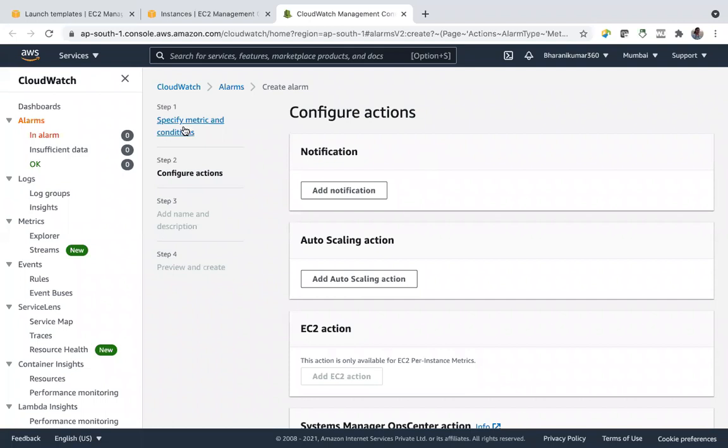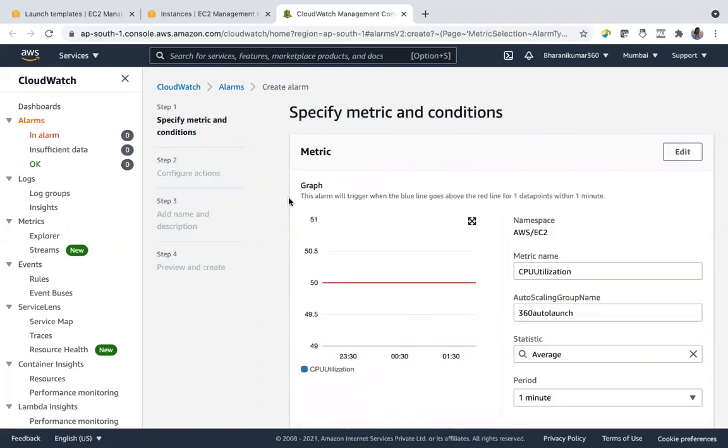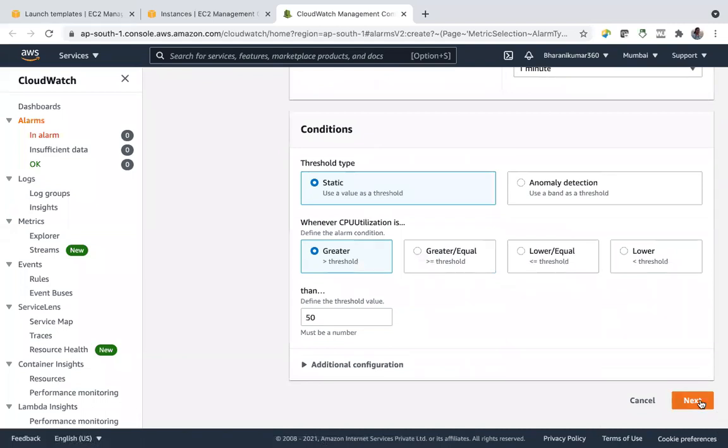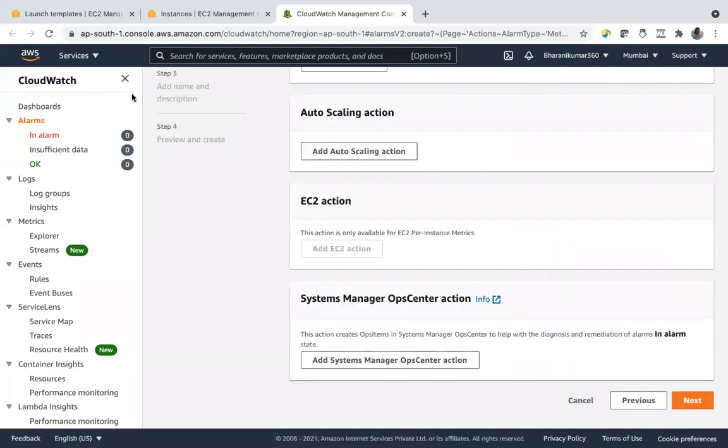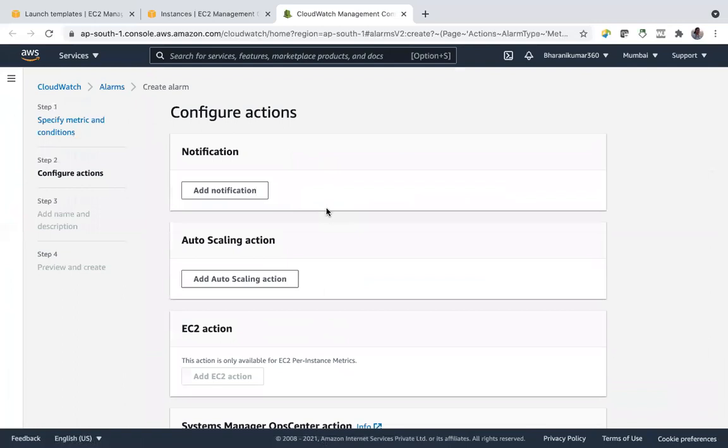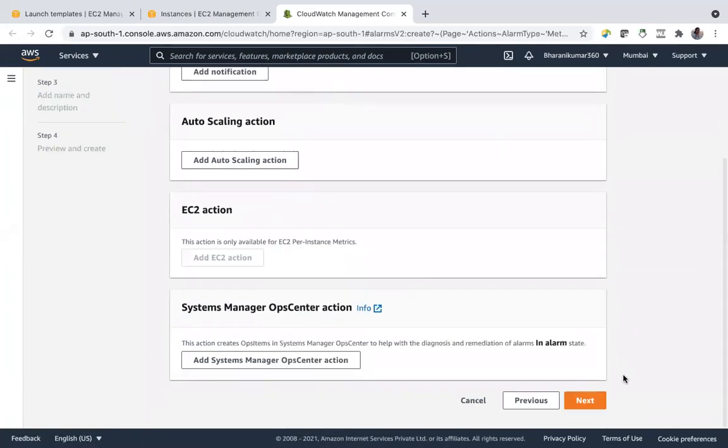And by specifying this metric, when this condition is met, what is condition? Let us go back once again. Average CPU value has to be 50%. When this condition meets, this alarm status will be in alarm. That's it. And we are attaching this alarm with your other policy. Our policy checks the status of alarm, accordingly it will act. So let us not take any action here, because we want our policy to take action. So let us skip this.